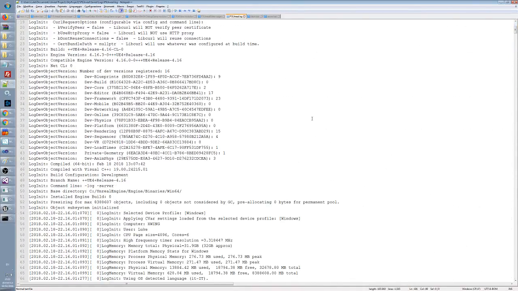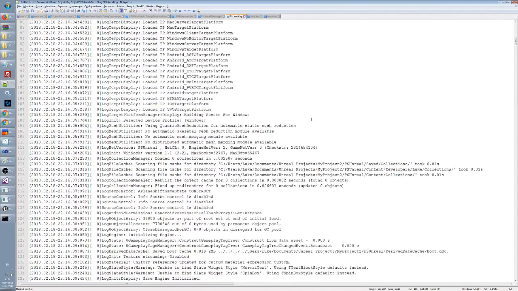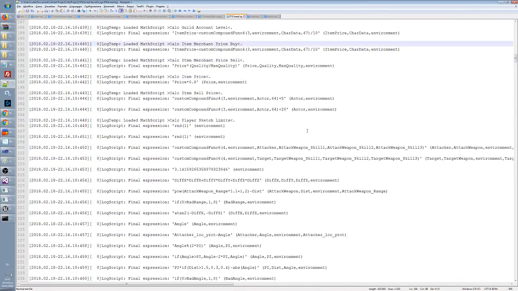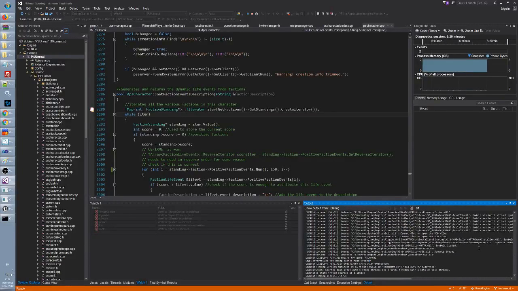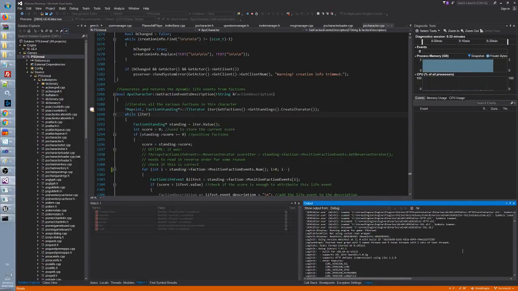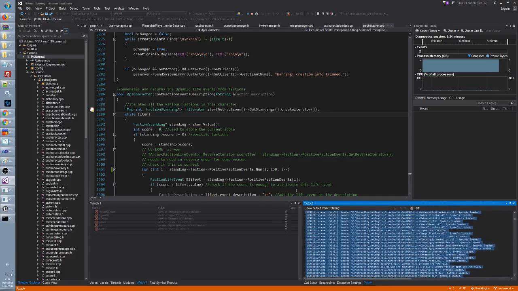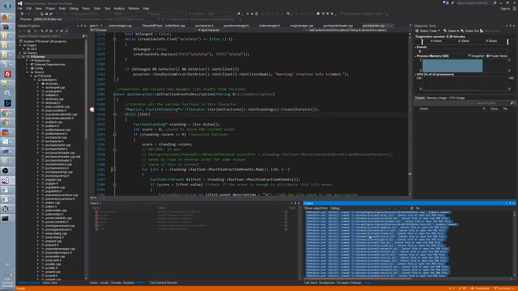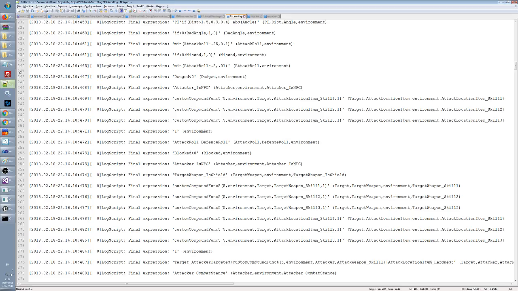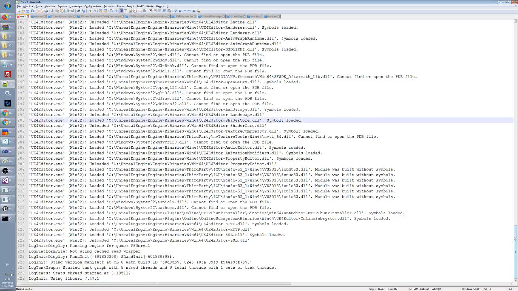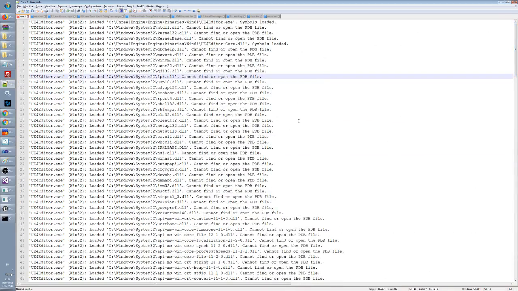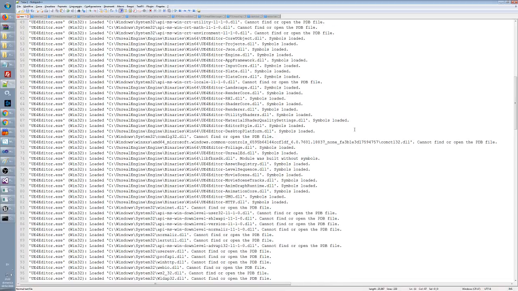So do I see the DLLs? No, I don't see them here. I see them only in this window, but it's okay. I can copy this part, put it in a new file, put it here. So for some reason,